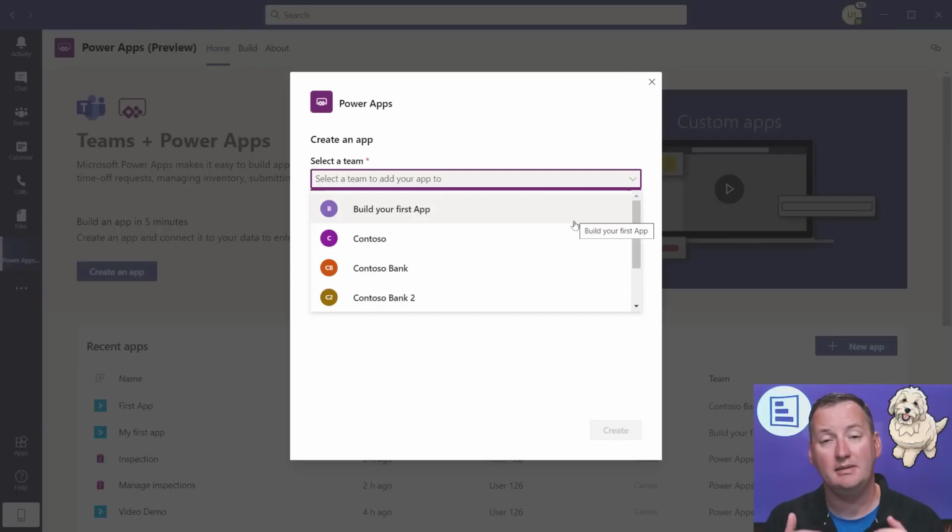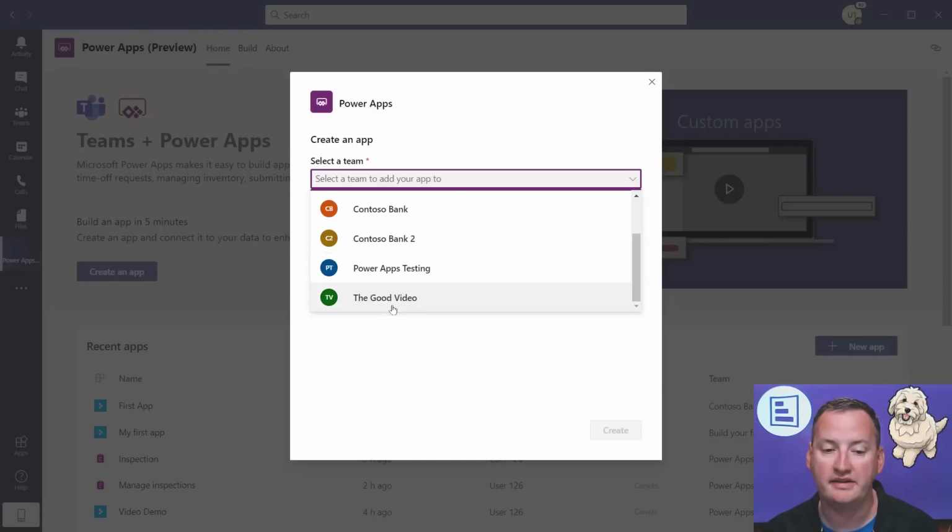So for every team you have to provision its own environment, which will be its own database, and everything will be contained within that team. It's not global like you kind of have with your Power Apps default environments today. So that is different. And that's why I went ahead and provisioned the Good Video Teams team, so that way